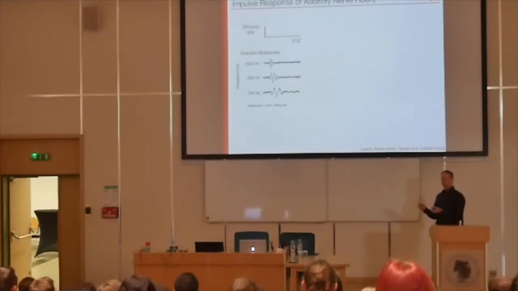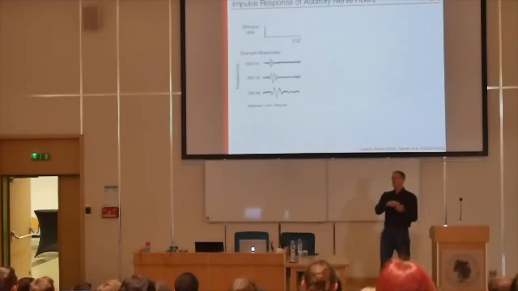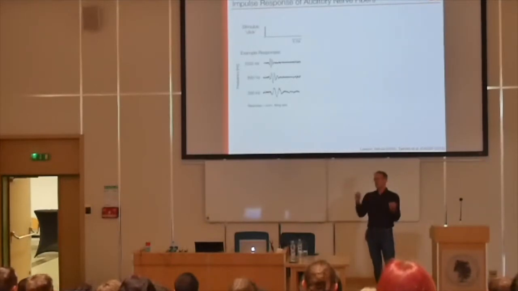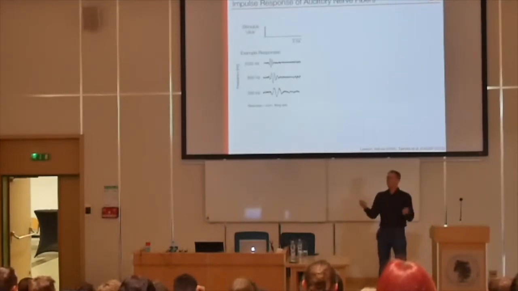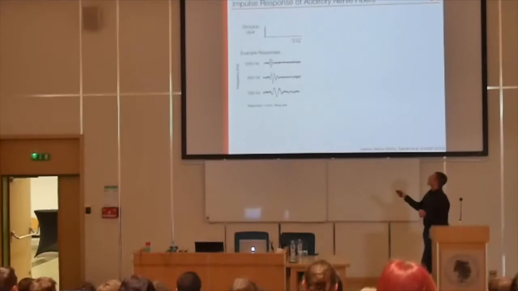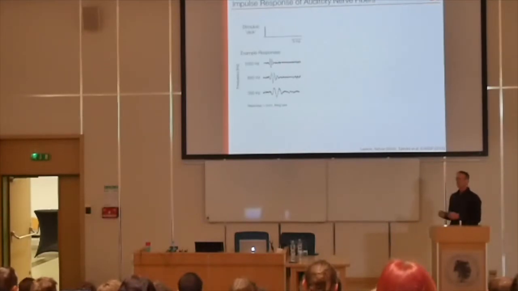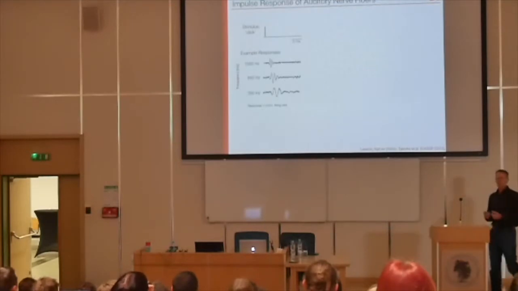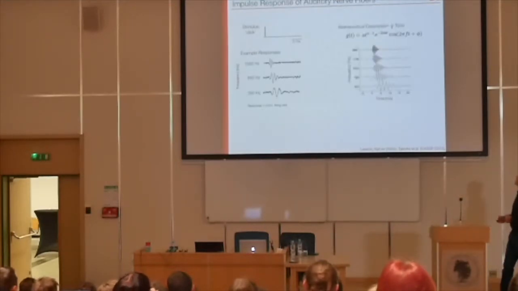If you think about the cochlea, you probably remember from your lectures, it's essentially separating a sound into a lot of different frequencies. And so if you measure the auditory nerves, you then find different neurons that, through this click, respond with different intrinsic frequencies of their response. You can now model this in a rather simple way. You just define a function that accounts for this. The so-called gammatones are an example of this.